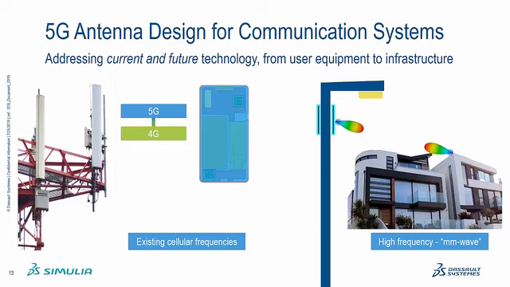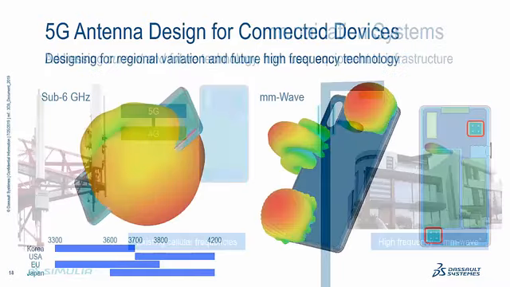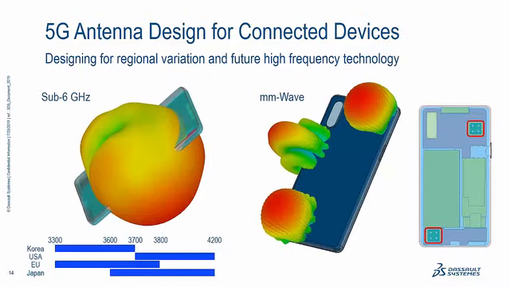cellular frequency range, so sub 6 gigahertz, and that'll coexist with existing 3G and 4G technology. But in the future, we'll have dedicated high-frequency millimeter wavelengths, which will provide broadband communication. The key point is that these different frequency ranges require different technology and require different simulation approaches to do the actual design work. So if we think first about mobile devices,